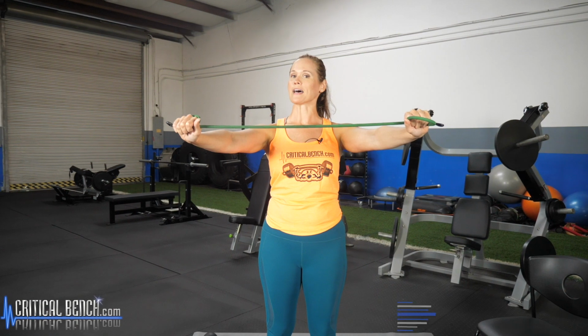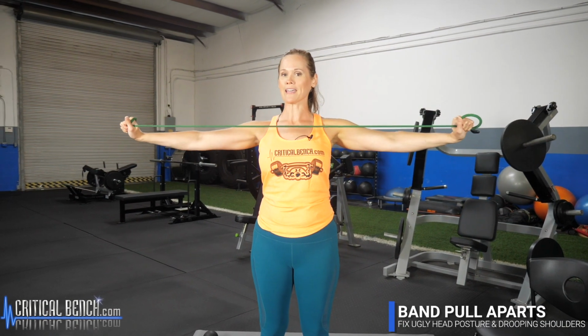So I want a little bend in those elbows, and I want you just to bring it and pull it all the way back to your chest. Okay, so just like that, and then bring it back together. So we do want to keep some tension on that band. So you don't have to bring those hands all the way together, just bring them about to the front of the shoulder. Okay, and you can see I'm pulling all the way back and I'm really doing a nice good